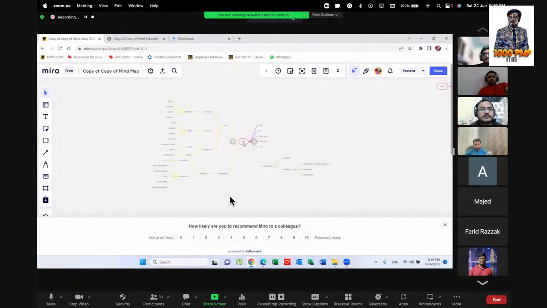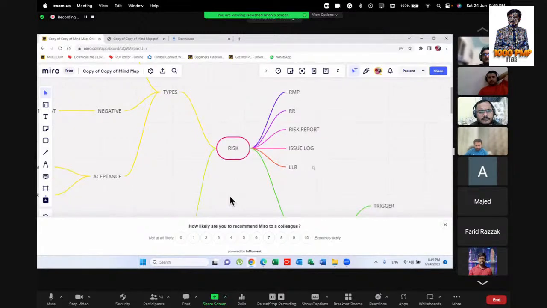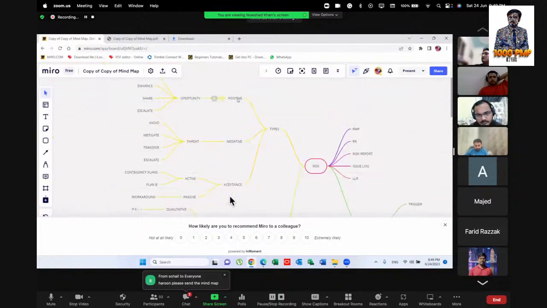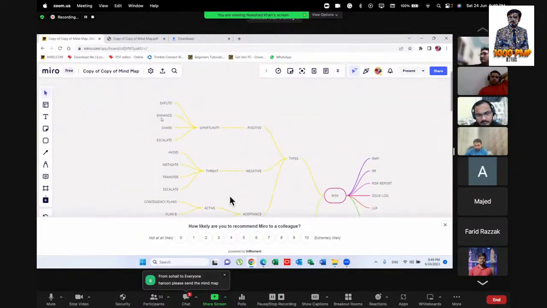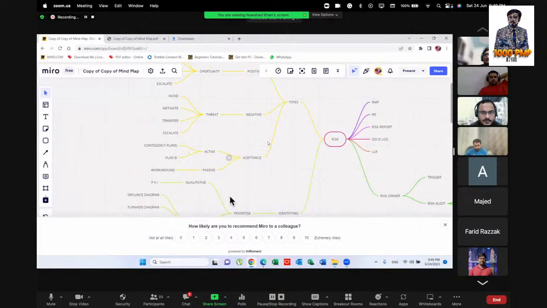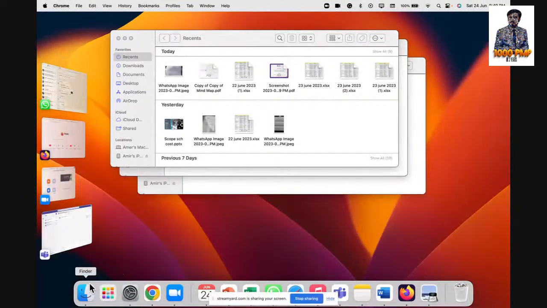After that, we are going to risk. In risk, we have RMP, RR, risk report, issue log, and lessons learned register. Then we have types of risk: positive and negative. Positive is opportunity. For opportunity, we have exploit, enhance, share, escalate. And negative is threat: avoid, mitigate, transfer, escalate. Then we have acceptance. Acceptance has active and passive. Active has contingency plan, plan B, and passive has workaround. Then we have identify the risk,